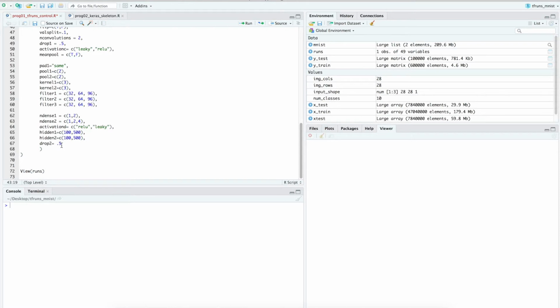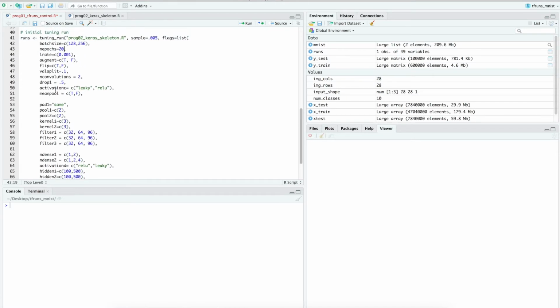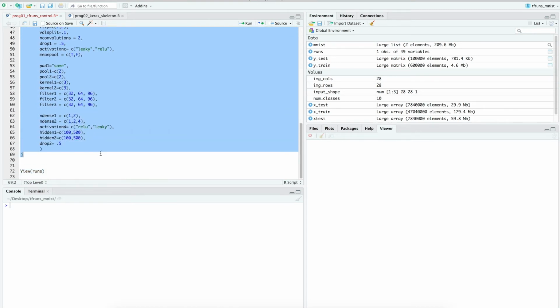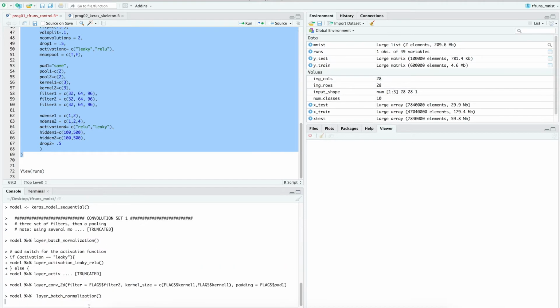Dropout I have at 0.5. Obviously, I could have tuned that as well. So I think this might be about 100 runs to do. It may take the better part of the day, but I'm just going to let it run off in the background. A nice thing it will give you is it says 207 combinations. I think that's about 5 hours worth of computing, so that'll give me enough data to play with in a post hoc analysis. So I'll go ahead and say yes, and I'll let you watch the first one as